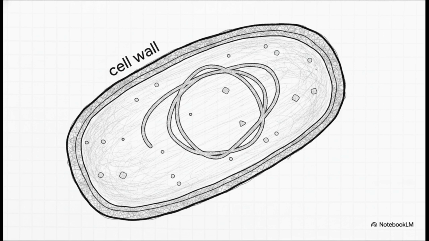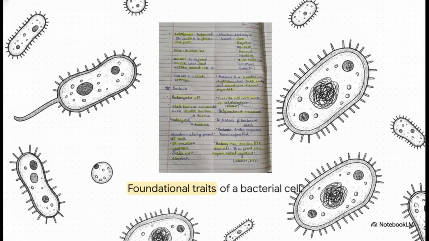Now, instead of a neat, packaged nucleus, their genetic blueprint is just this loose string of circular DNA, and that hangs out in a region called the nucleoid. And finally, they've got ribosomes, which are essentially these tiny cellular factories that synthesize proteins. And this brilliantly illustrates biology in its purest form, right from our foundational source notes. They map out the raw structural blueprints, like that lack of a double membrane nucleus we just talked about, and the presence of that peptidoglycan cell wall. These are the fundamental rules that dictate exactly how these organisms operate.